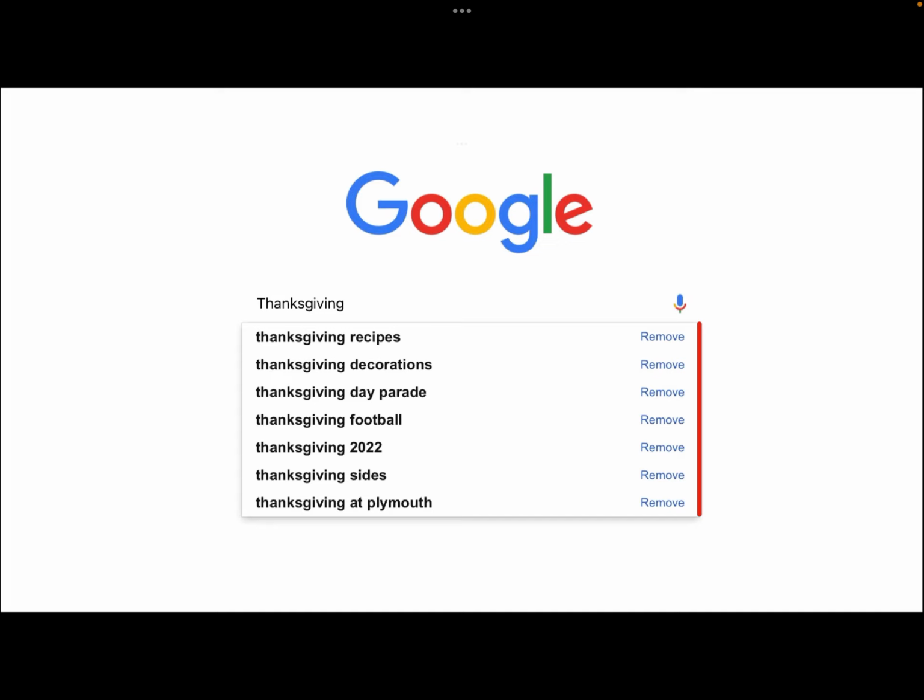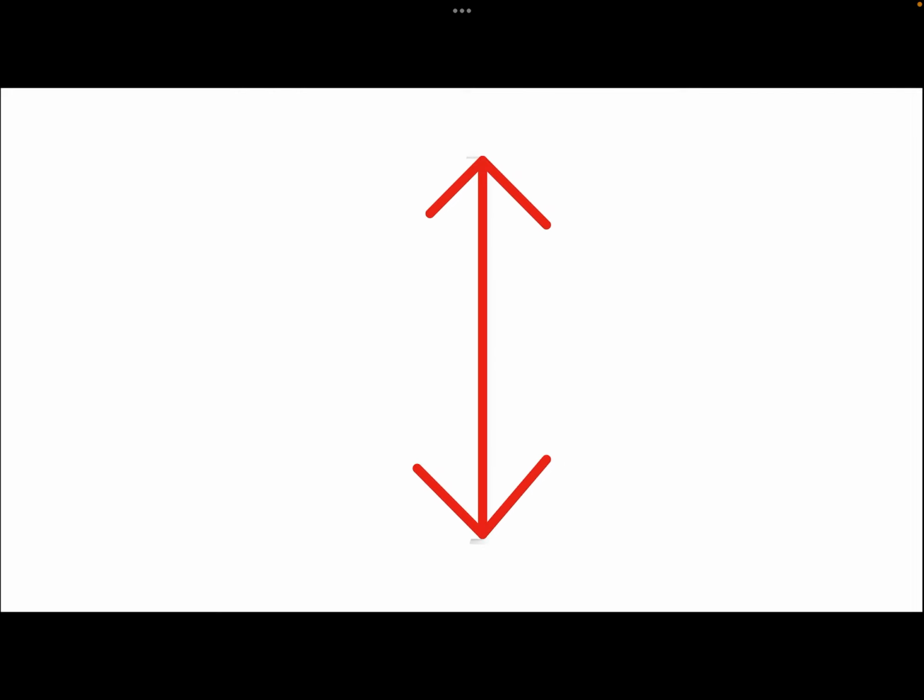If you see this red line on the right hand side of your screen, you can tell it is a straight line. It is a straight line here, as you can tell again, going straight vertical across your screen. This is why Google uses this search engine, so that your mind will see a straight, continuous line, and it will be more appealing and more natural for your mind to look at.